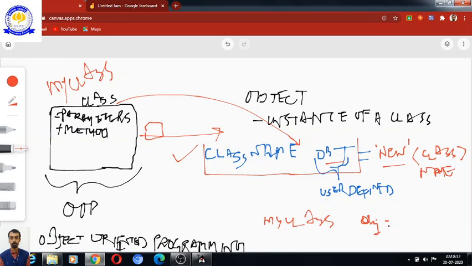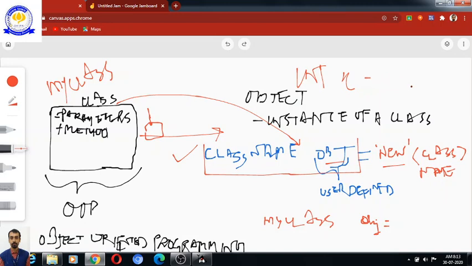So that means the obj object, this particular object that will be created, can accept values that are of the type my class, definitely, because suppose I have an int variable x, it cannot store a character, can it? It cannot.